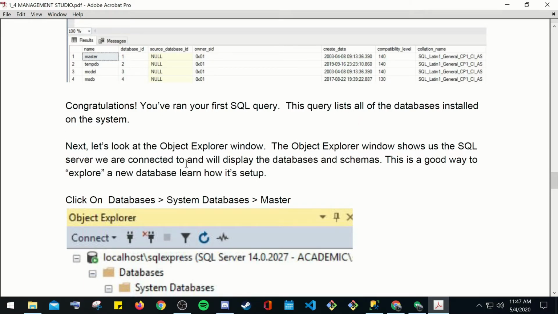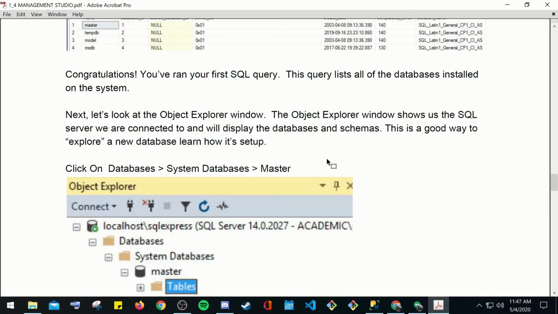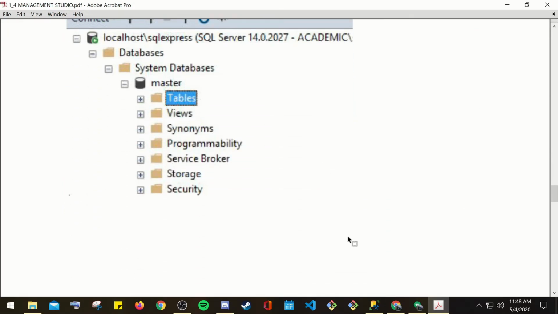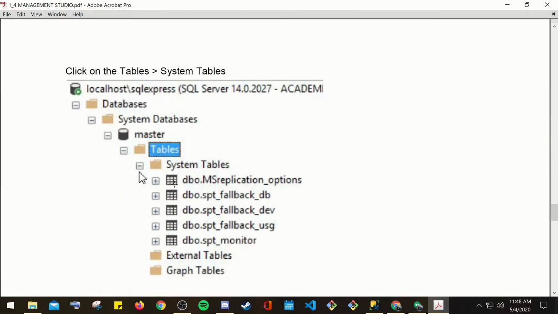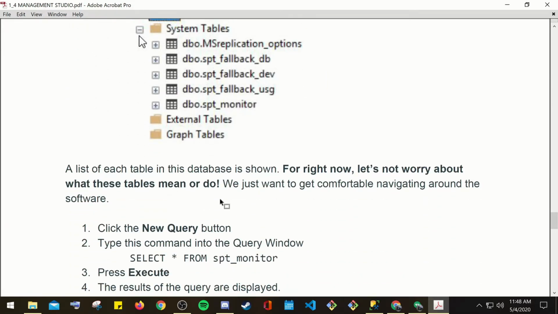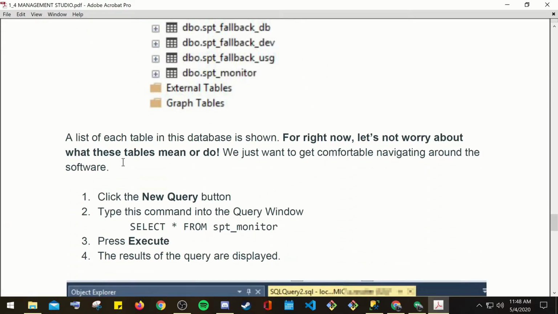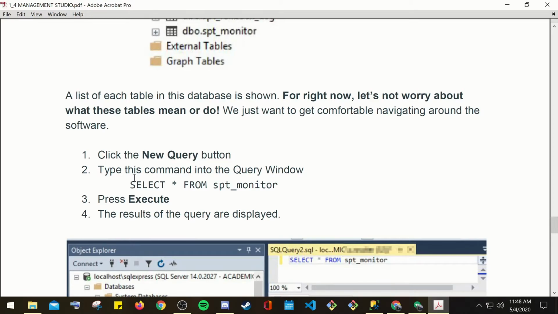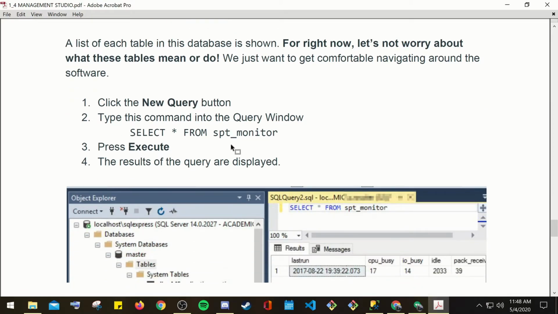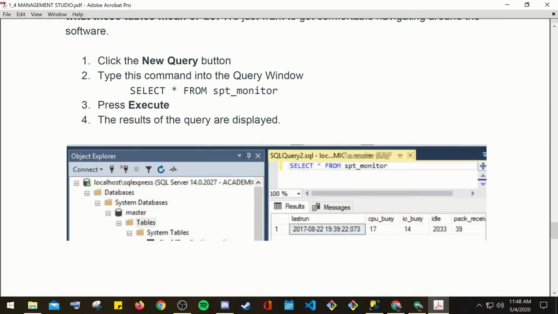Now let's look at the Object Explorer window. The Object Explorer window shows us all the SQL servers that we're connected to, and will display the databases and schema. This is a good way to explore a new database and learn how it's set up. So here again, just showing you guys, go ahead and drop down all the way to your tables. Again, drop down all the way to your database, and it just shows you everything you have there. So your tables. Click on the new query button, go ahead and just select star again, and then execute, and you can just show that this